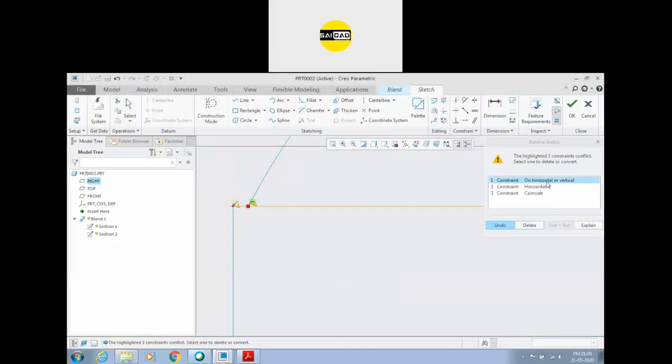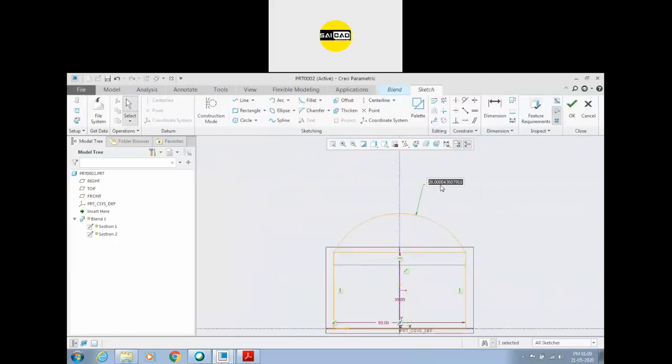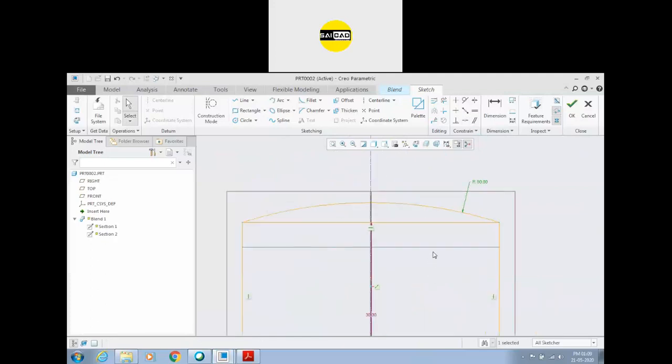So here we have a reference already, that is horizontally coincident. I'm going to delete that. So coincident, this point should be here, so horizontal vertical, delete that. Now we have an arc with a radius 80, and this line should be converted to construction.